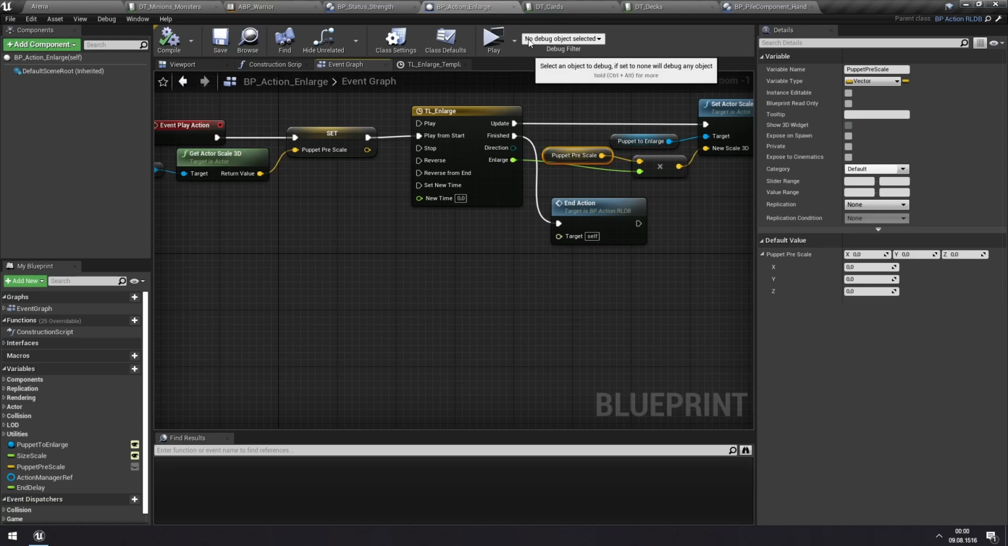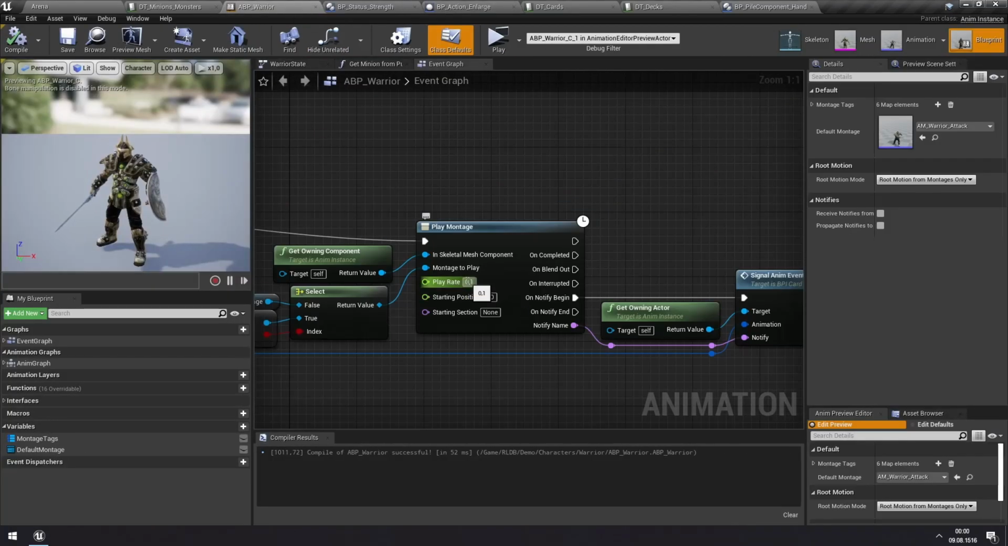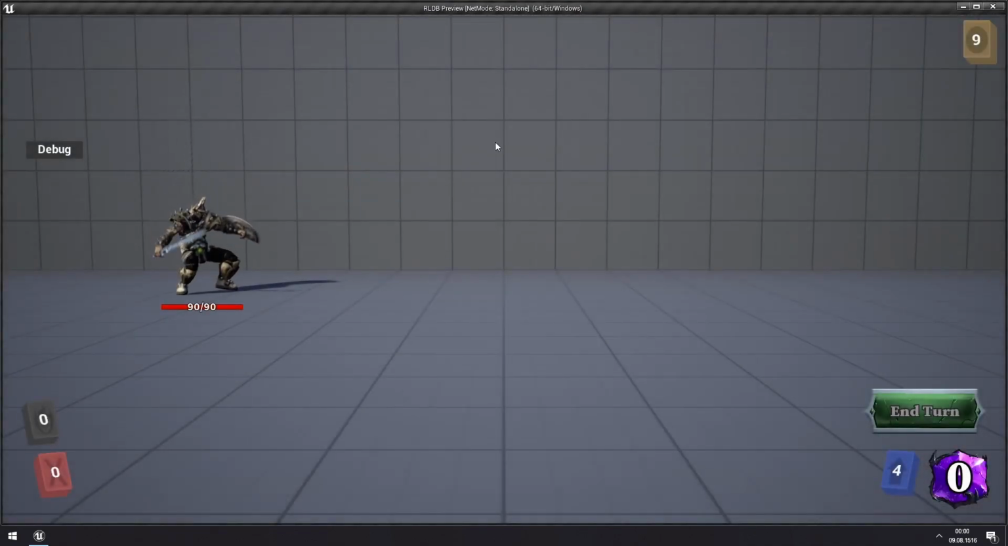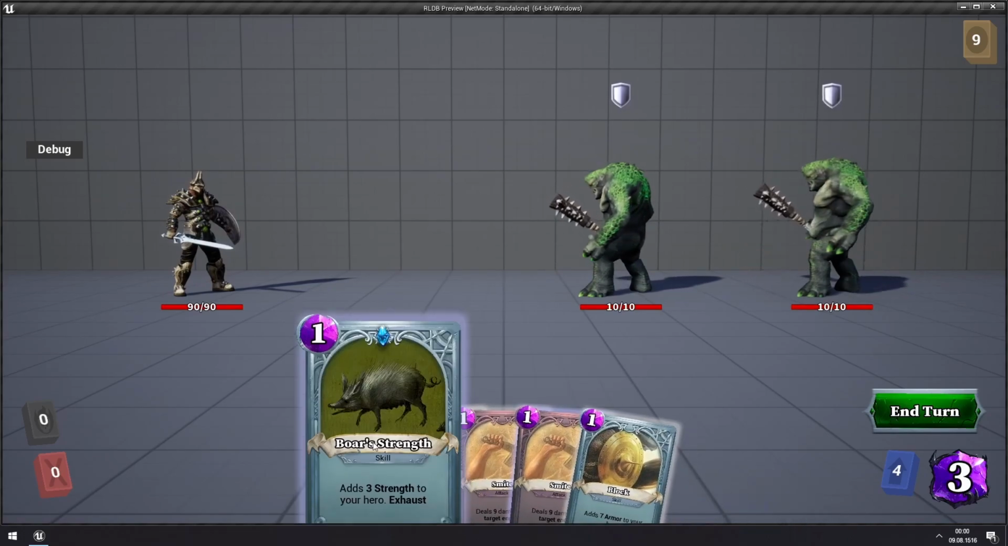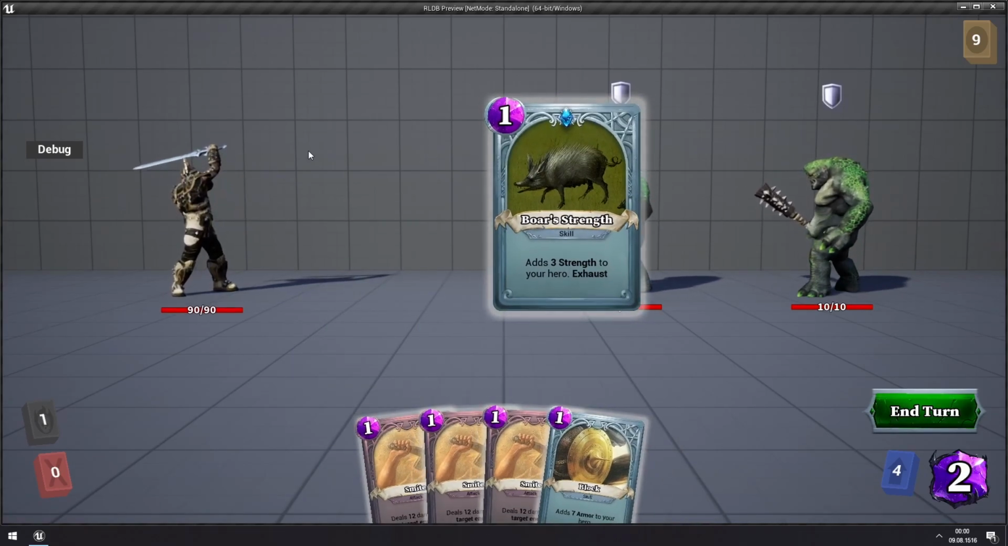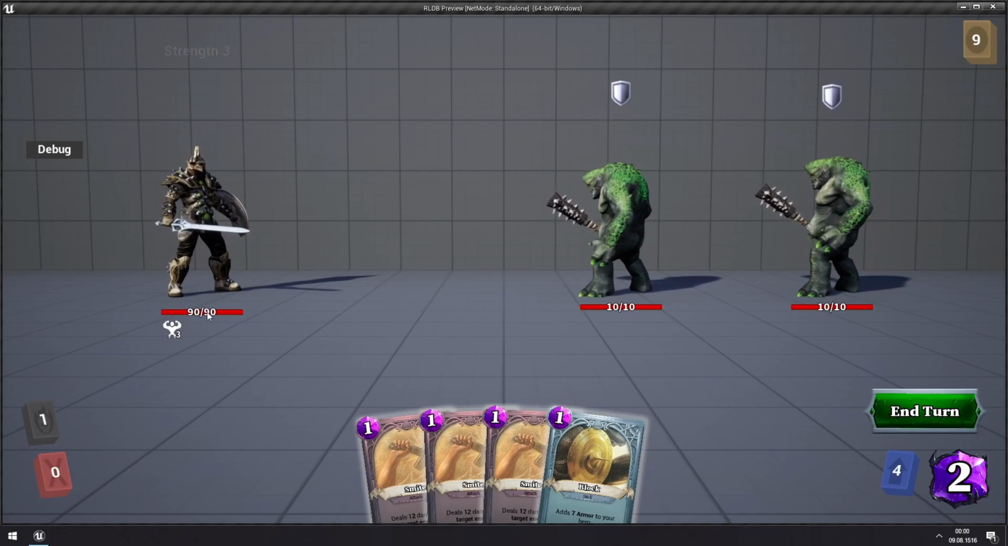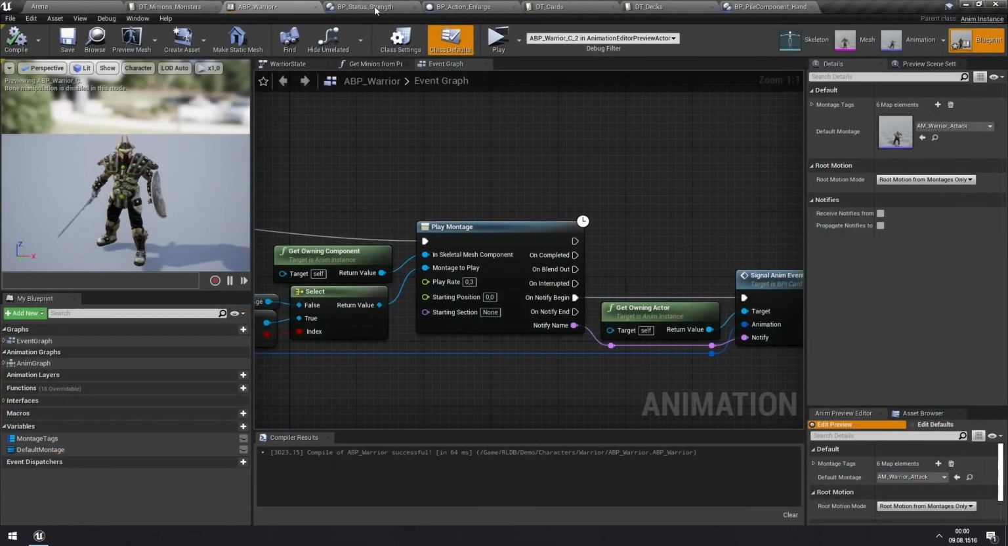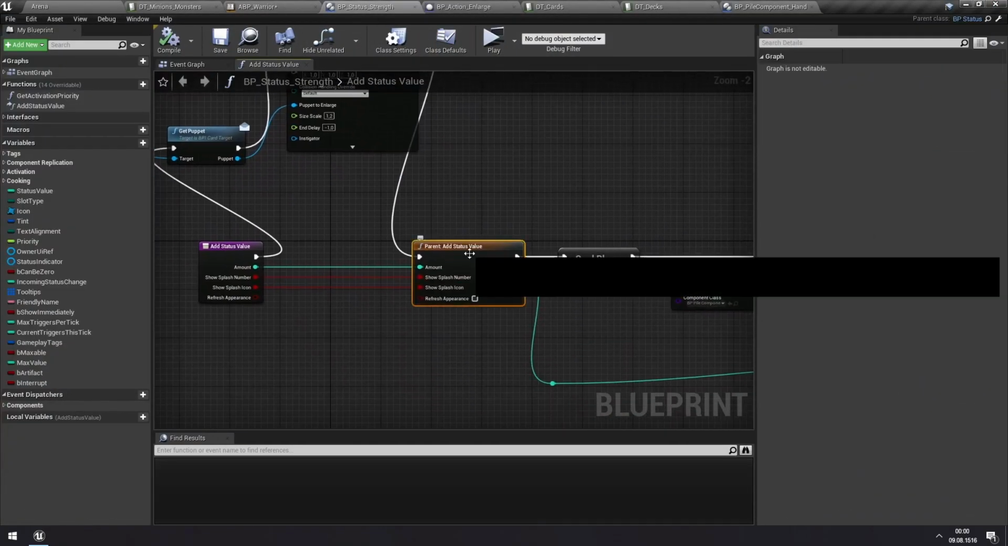Okay, now third time's the charm, right? And let's put this play rate just a bit faster, so still slow enough to see what's going on. And then cast animation, resize finally, and then we get the strength splash effect. And you can see that this splash that happens here is also actually an action. So if we go to the strength status and look into the add status value